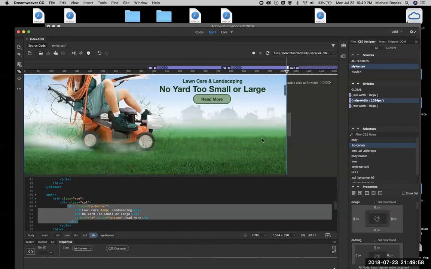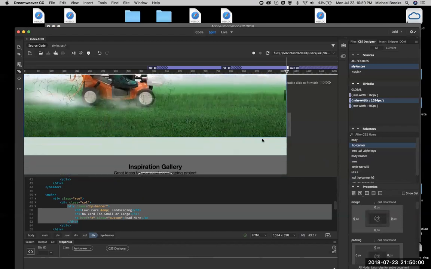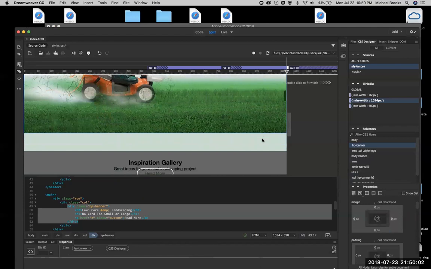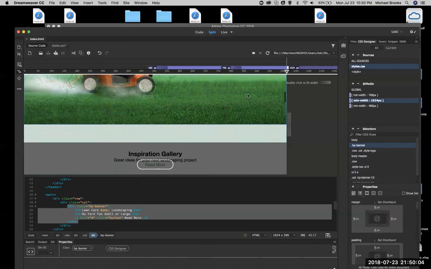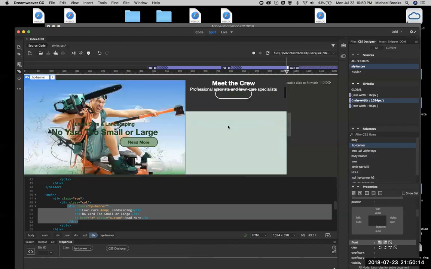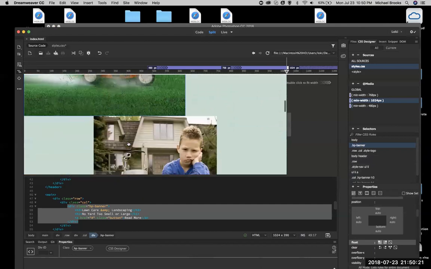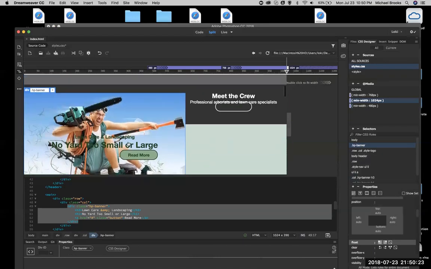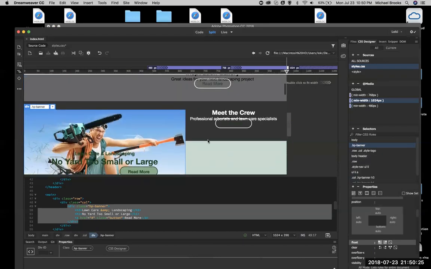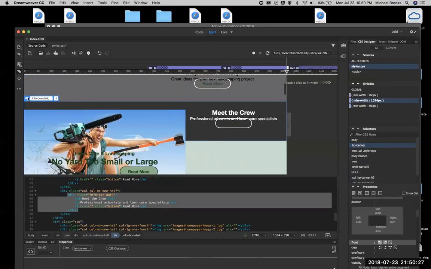All right, so let's come back. That puts that right there, right? All right, so now what do we have to do? We're going to take that section and we're going to do a float left. See how that put that up there? Well, now that squished everything. Well, to fix that, what we have to do is take this section. That is now